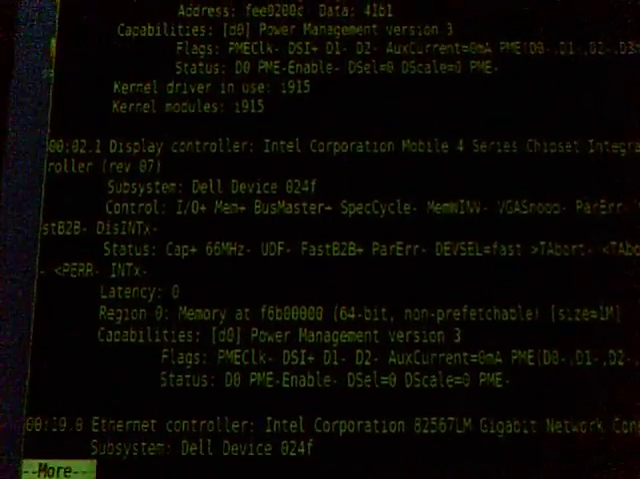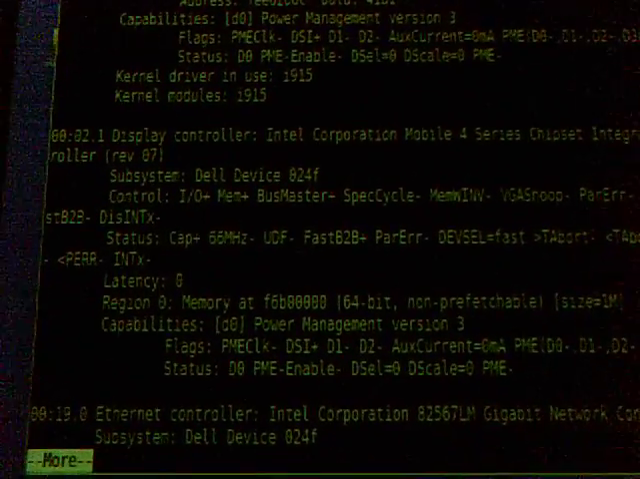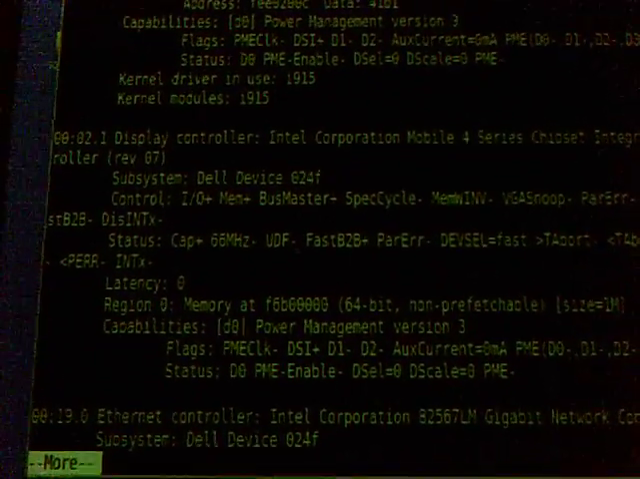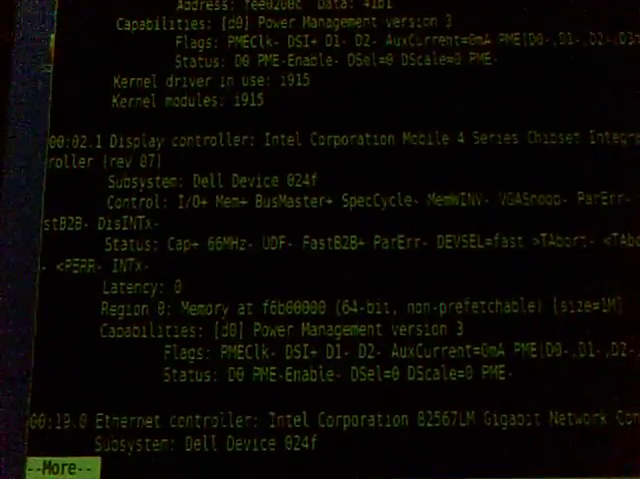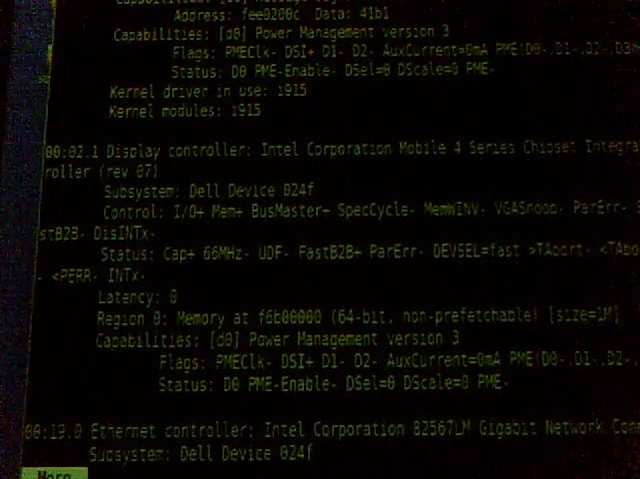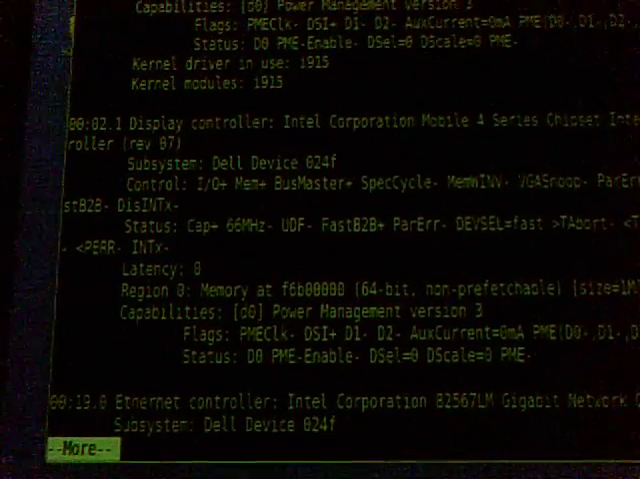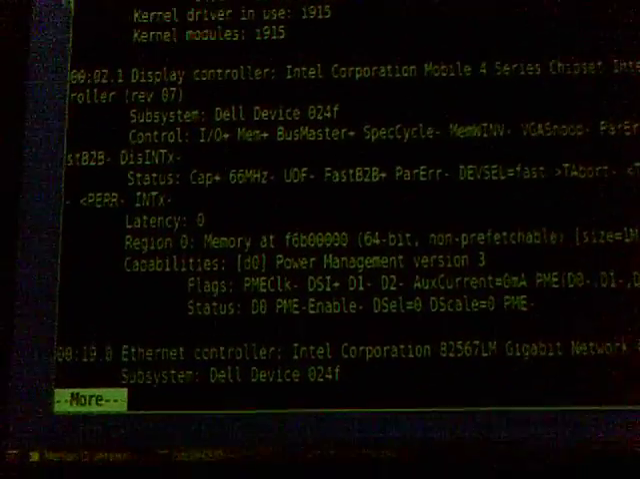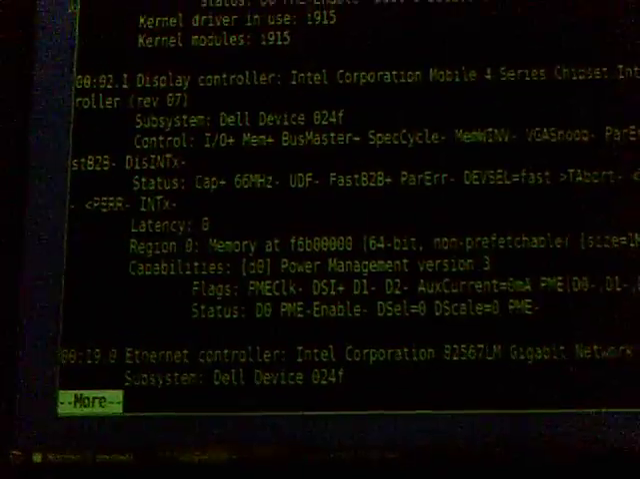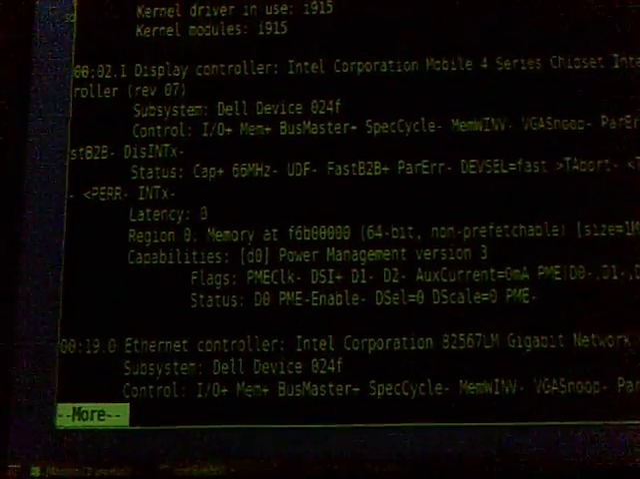Here's the place. Let's see. Yeah, I've got an Intel video card, so that tells you right there: Mobile 4 Series Chipset Integrated Graphics Controller. All kinds of weird things. And the device guys, the guys that write drivers, they love this kind of stuff. It tells them all kinds